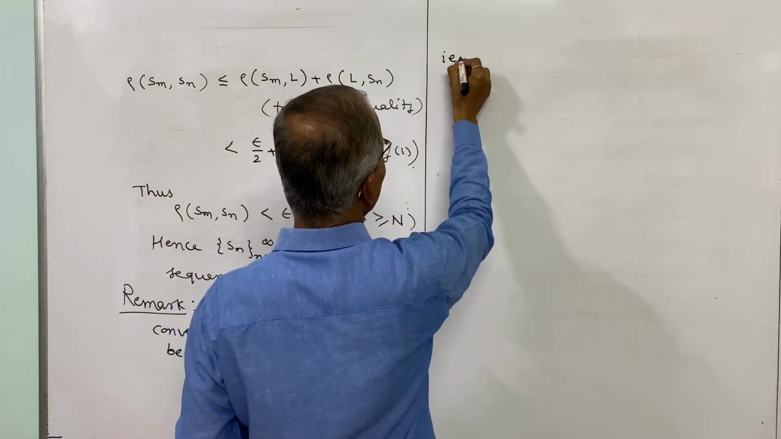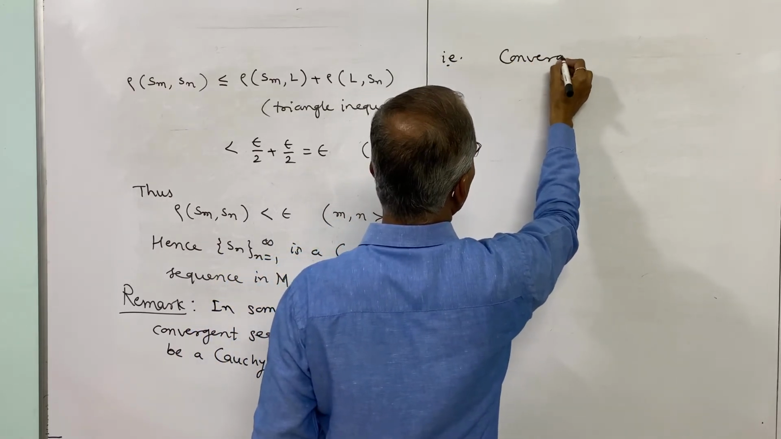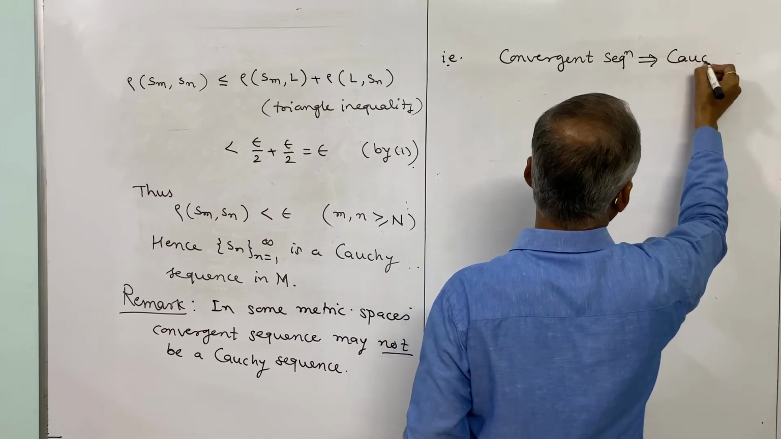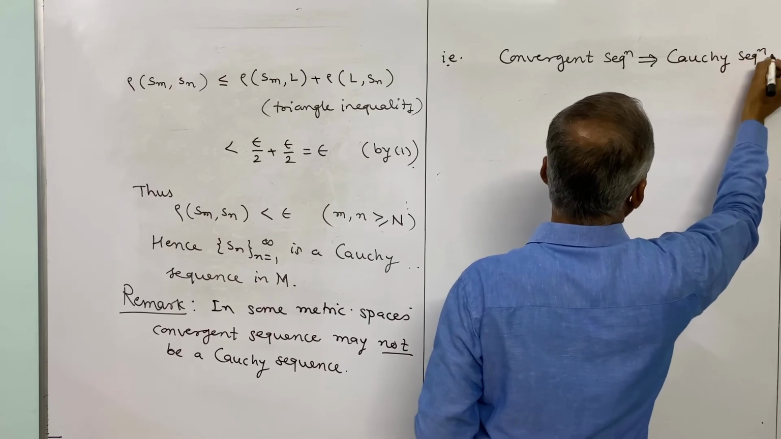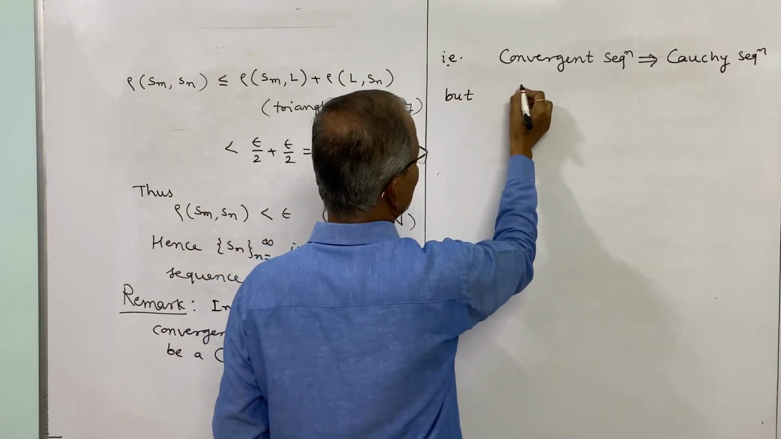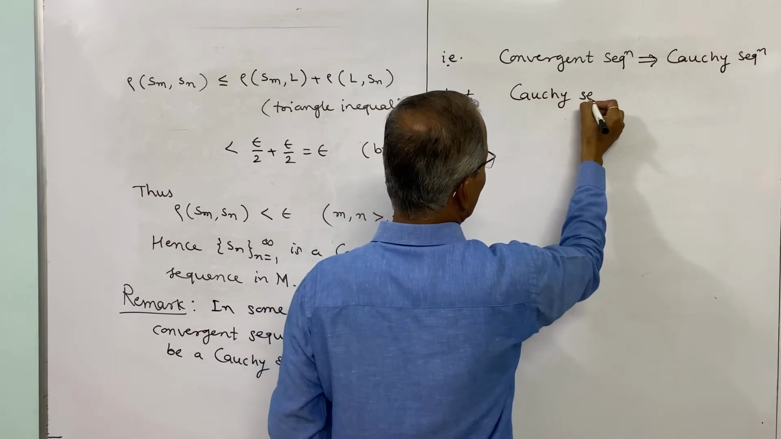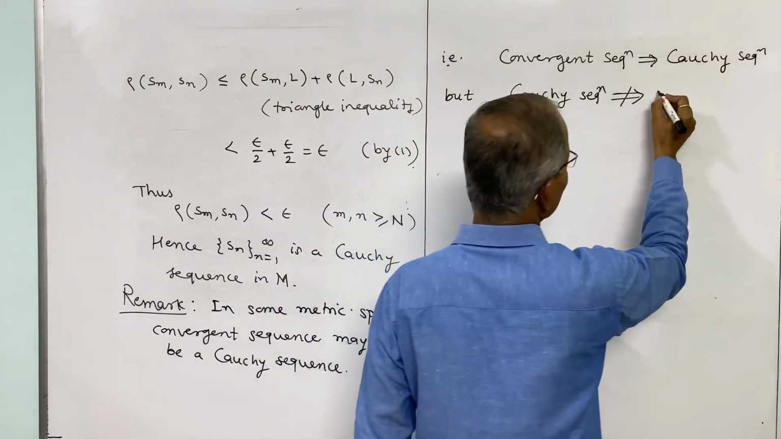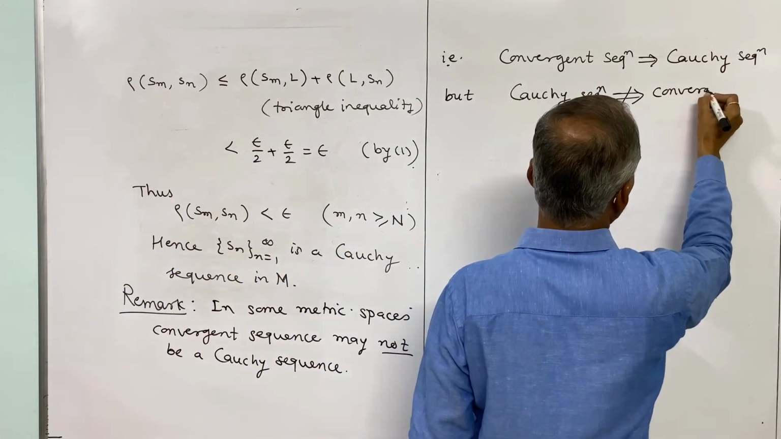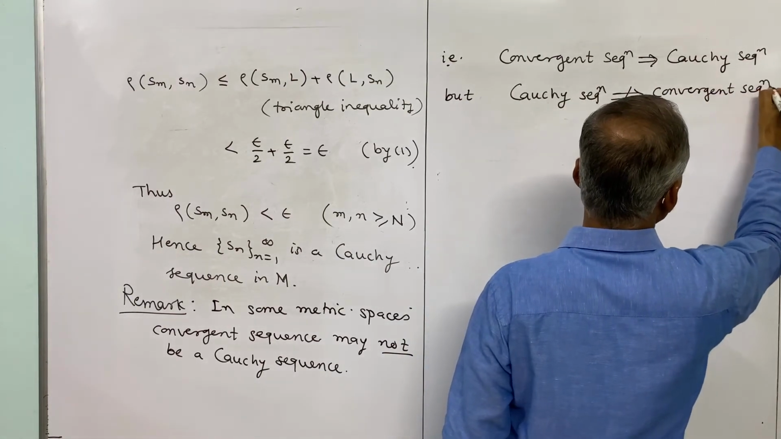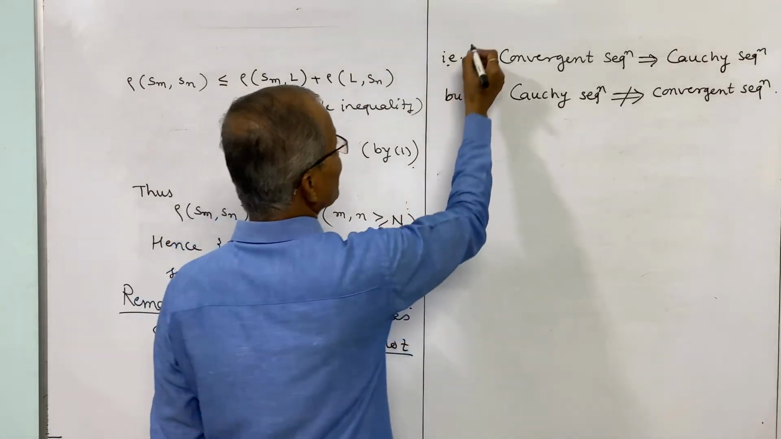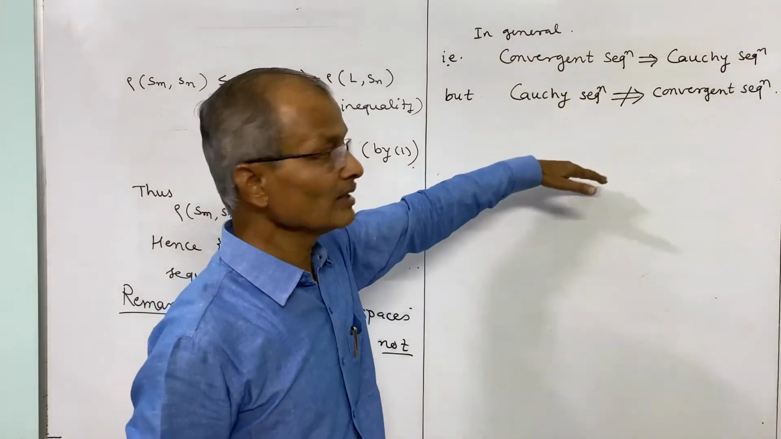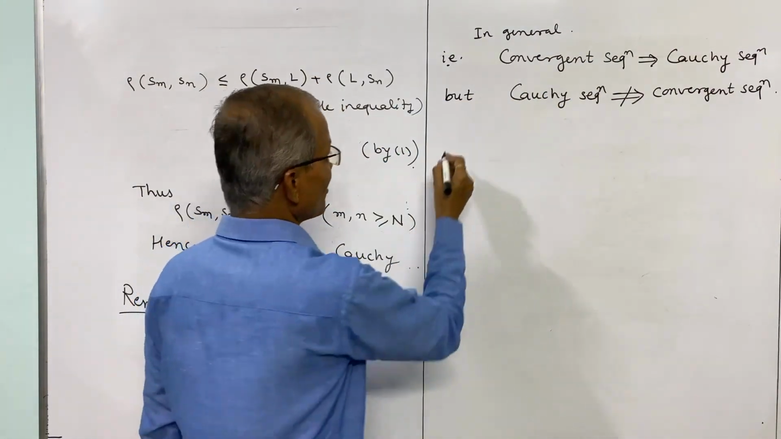That is, convergent sequence implies Cauchy, but Cauchy sequence does not imply convergent sequence. So this is in general. And for real numbers both are the same, but in a general metric space this does not hold. For example,